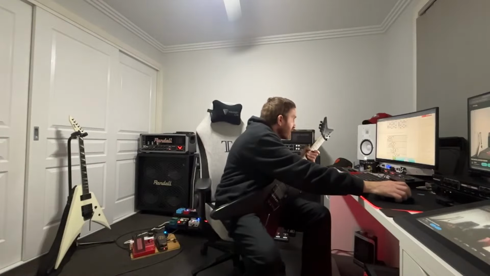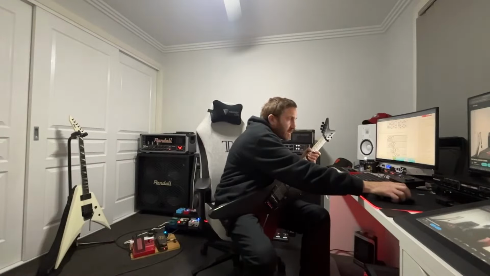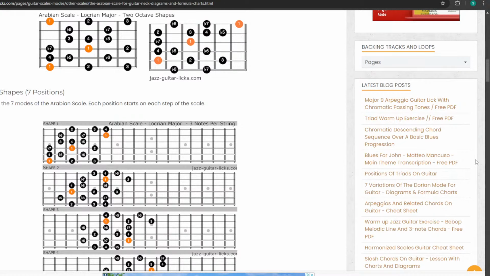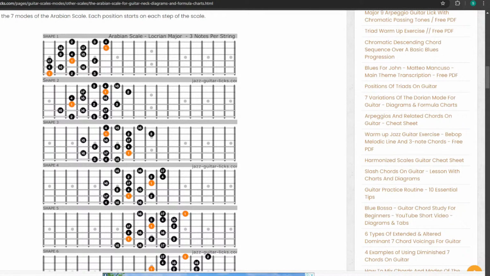So I'll even show you what I've got here because I can go to screen capture. And this is how I would even, I like this, you know, that's a cool thing to say, let's try out an Arabic scale. And that is something that definitely interests me. This is what I find enjoyable to do. So then I'm going to look at this one right here.